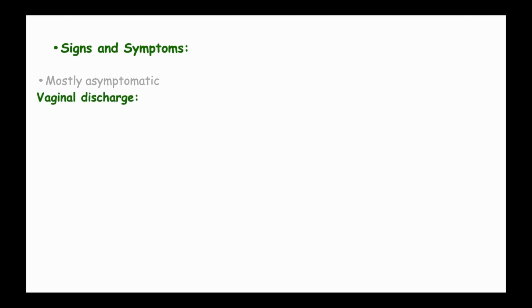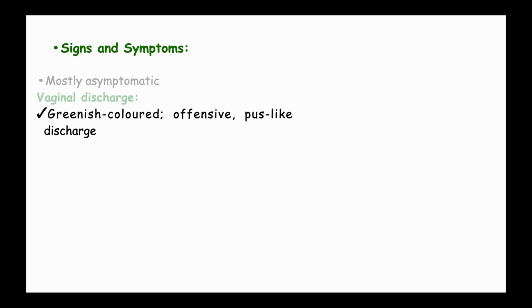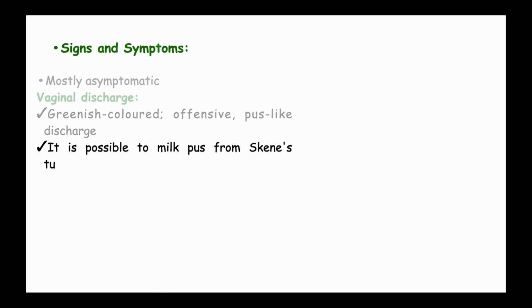But when they begin to show symptoms of the disease, the vaginal discharge is usually greenish-colored, offensive, and pus-like. Usually it causes the genital area to become inflamed and edematous. Sometimes it is even possible to milk some of the pus from the Skene's duct,